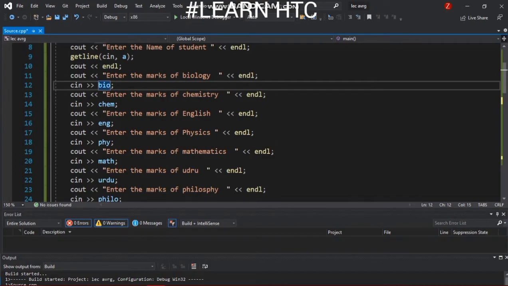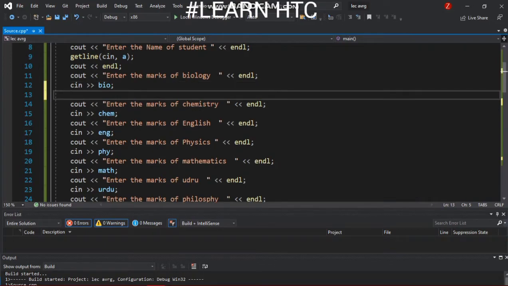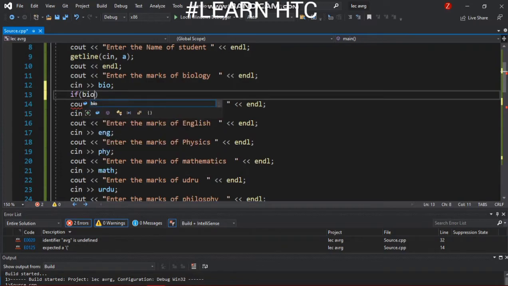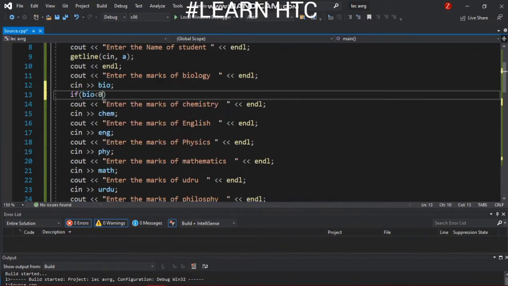Okay, what we will do: if the marks entered in bio are less than 0, these two slashes show OR, an or statement, okay, or bio is greater than 100.